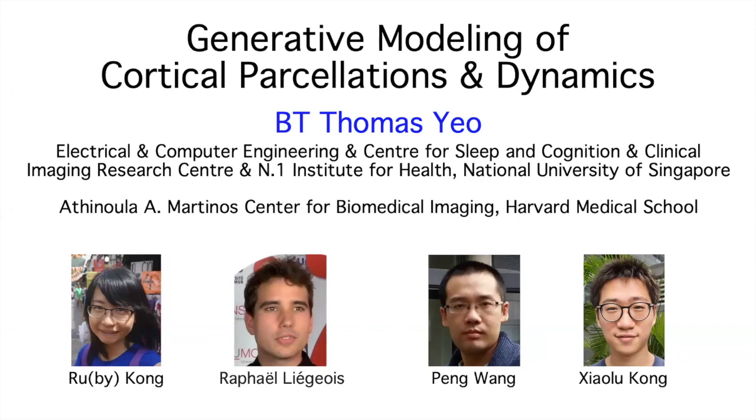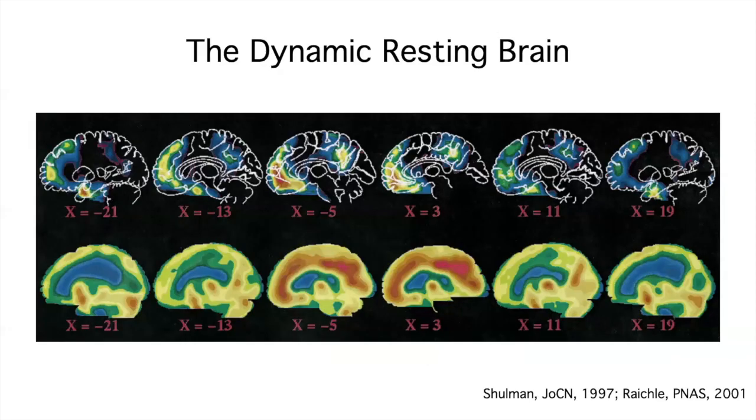Okay, anyway, as Hui was explaining, my lab develops and applies machine learning algorithms to generate discoveries from large-scale brain imaging data. Today, I'll talk about our work on using generative models to explore resting state parcellations and brain dynamics. I'm sure everyone knows that the brain is highly active even during the resting state. Furthermore, spontaneous fluctuation during the resting state can be used to interrogate brain network organization.